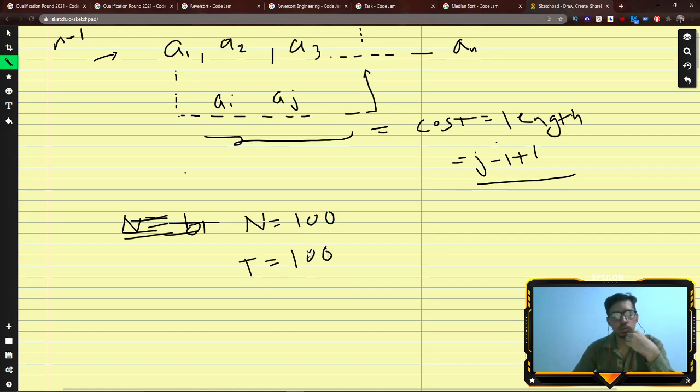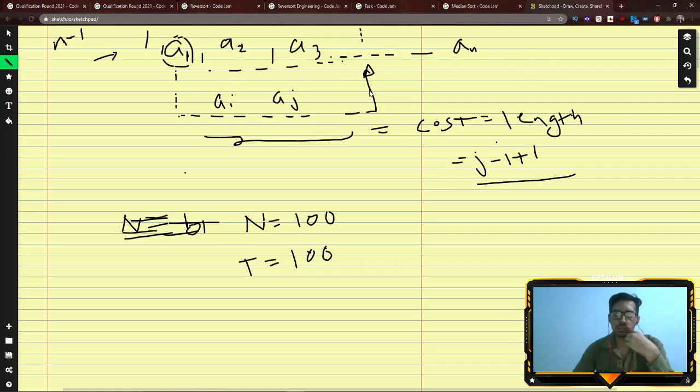So what you can do is a brute force approach. You can run n minus 1 iterations, find the minimum element, and as it is a permutation, you already know the element you need. If it is a permutation, you always need a 1 in the first position. So you just go over the whole array and look for a 1,